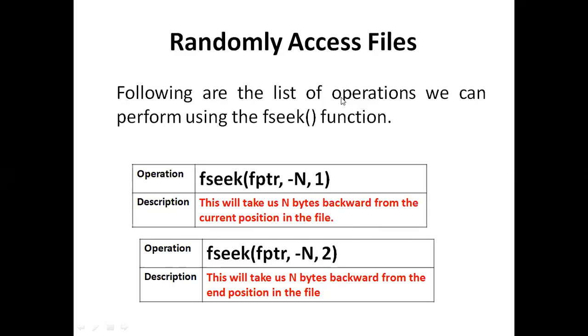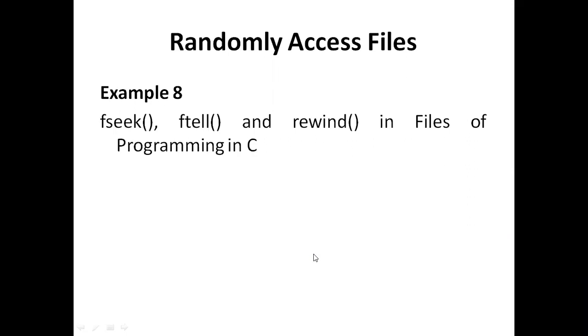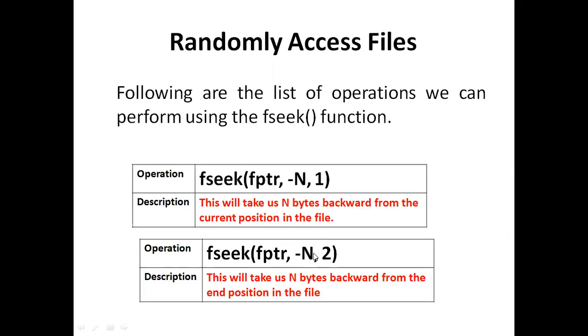Suppose here we are having the word OPERATIONS, and from here I want to read. From here it is going to read S N O I T, in the reverse way. To read the information in reverse, we use this. And these are the things we have for random access files. And for ftell and rewind, only one parameter we pass, called the file pointer.